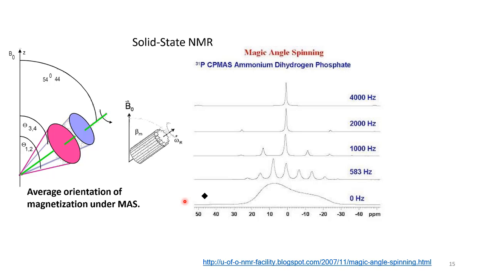So these are at different angles. We'll get different peaks, as can be seen here, and that also depends upon the frequency. At different applied radio frequency, we'll get different peaks, and with the variation of the radio frequency, we'll get to know at what frequency we get better peaks. So here at 583 we are getting more number of peaks, so that is the best for our sample in this case, for the phosphorus sample.